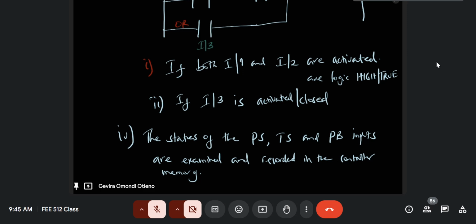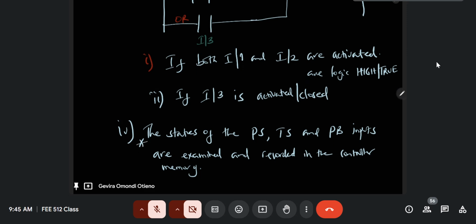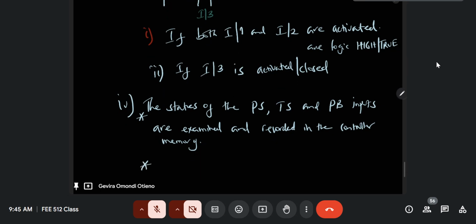That's the first thing that you need to do. Once you have recorded in your memory the status of the push button, the temperature switch and the pressure switch, then now you have to consider that if a closed contact is recorded in the memory,